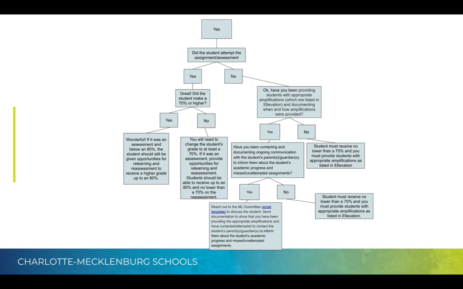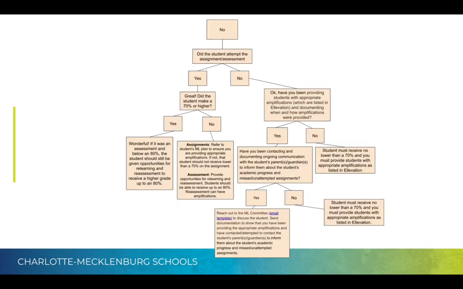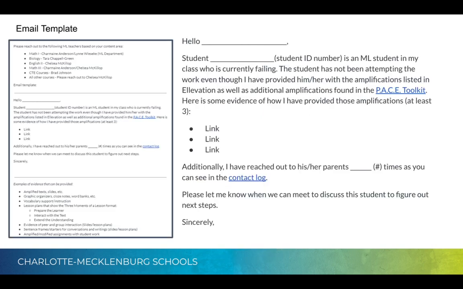So, this flowchart, just take a look at it on your own. It's also linked or added to the grading guidance document. Take a look at it and make sure you are following this plan. If you do not follow this plan, or this flow chart and you fail a student without doing all the required steps, you will likely be asked to complete a grade change request form. So again, this is for students not in their first year. You can pause the video if you want or take a look at it on the document. It's just slightly different, although you will see a lot of similarities.